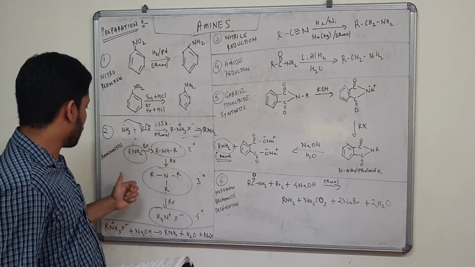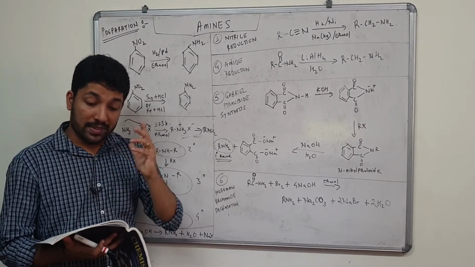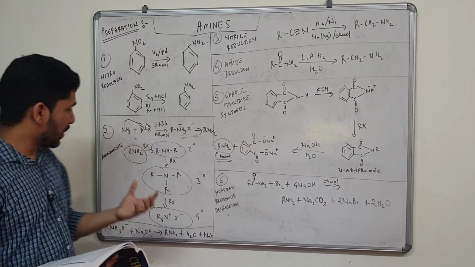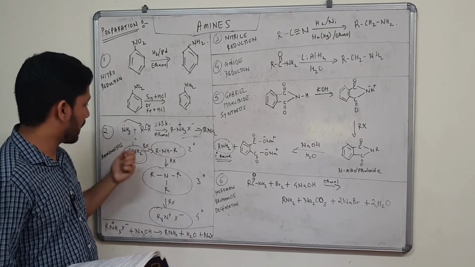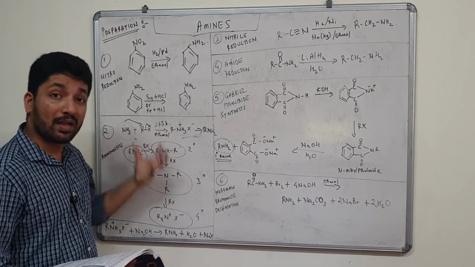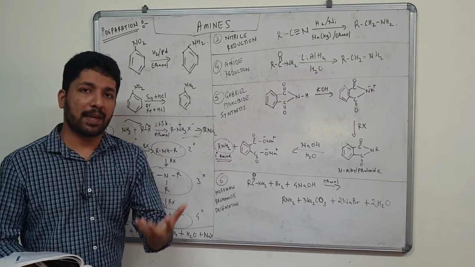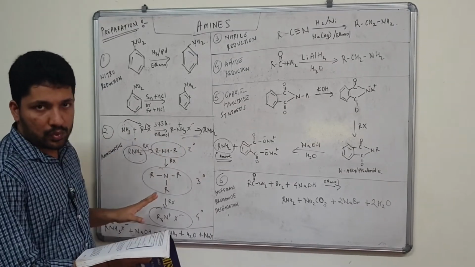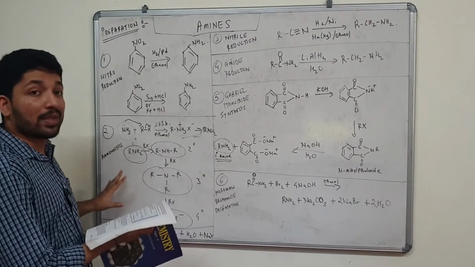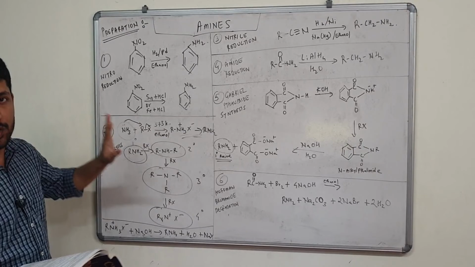One thing I forgot to mention in ammonolysis is that ammonolysis has one disadvantage. What is the disadvantage? You can get all the amines over here, like primary, secondary, tertiary; you get a mixture. So suppose you want only secondary or only tertiary or only primary, then ammonolysis should not be the method to be used. Ammonolysis is just one method, but it has the disadvantage of giving a mixture of amines.